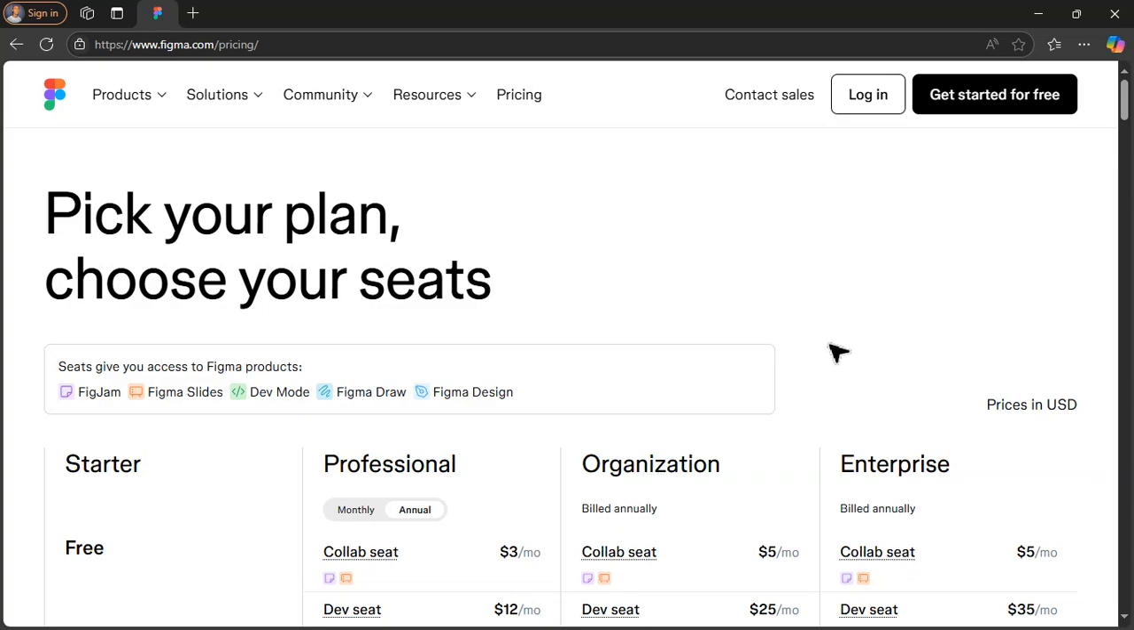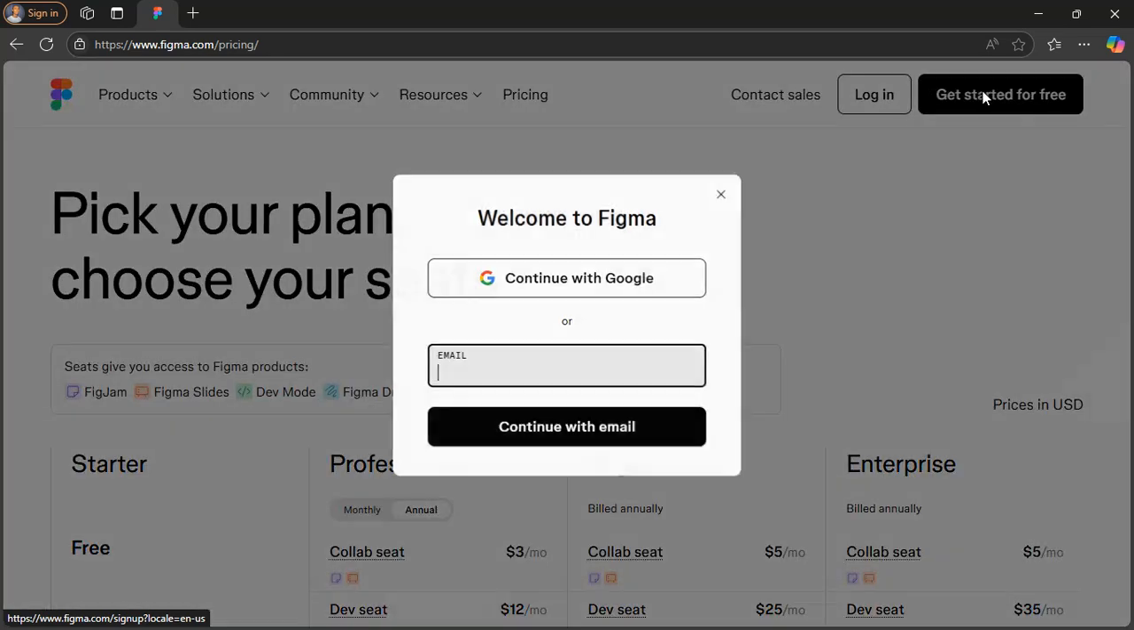So, the next thing you need to do is to get started for free on Figma. Basically, you're signing up with your Google email or any email. Then you sign up. Then we'll see